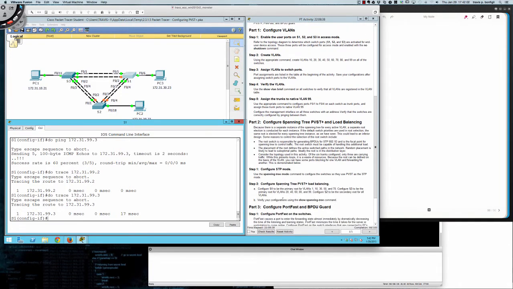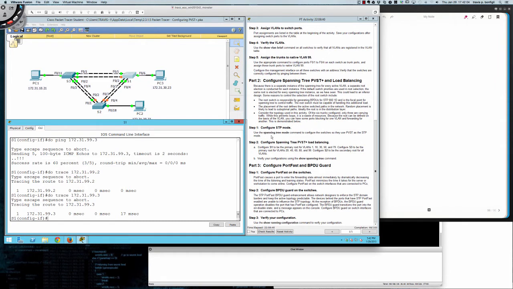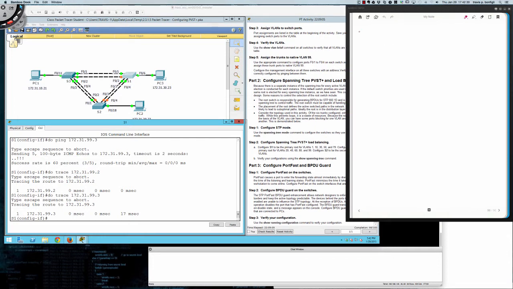All right, now into the heart of the per-VLAN spanning tree plus and some load balancing. It says that because there's a separate instance of spanning tree for every active VLAN, a separate root election is conducted for each instance. And so who is our root bridge right now? Let's talk about that root bridge election and how that takes place. So the first criteria for the